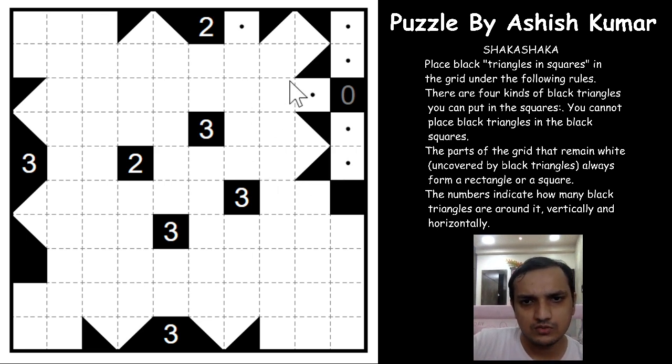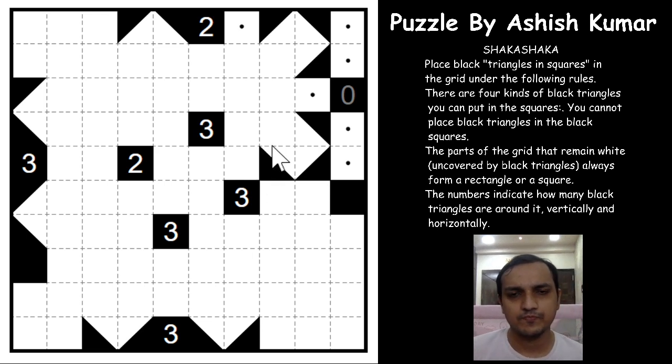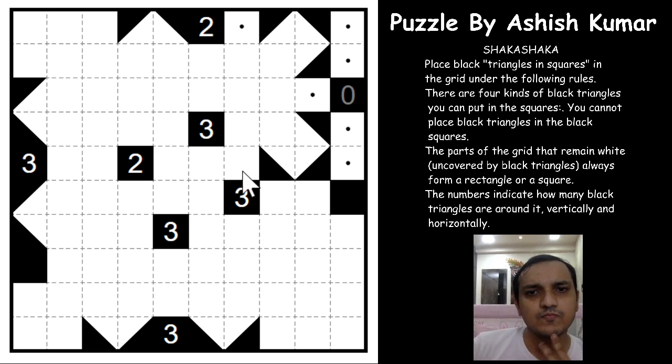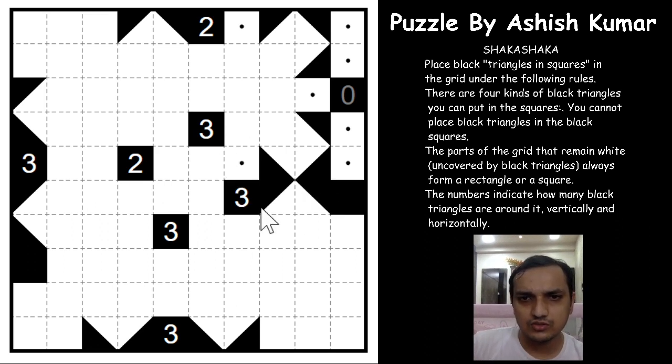Okay, so if we continue with this triangle, it doesn't form a rectangle or a square, but another shape. So we are not sure if this is shaded or not, but even if it is shaded, this won't continue with this triangle. So this will go this way, right? And now this triangle is unshaded actually. So this has to be unshaded, because you cannot shade this triangle in any way to make a white area square or a rectangle. So we got this 3 now.